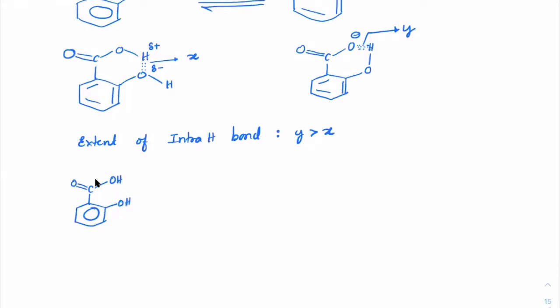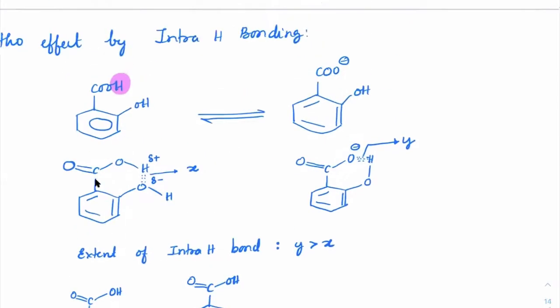So therefore, if you compare benzoic acid and salicylic acid, this is benzoic acid, and I'm comparing that with salicylic acid. First one is salicylic acid. Which one will be more acidic? The first one will be more acidic, because after removal of H plus, it would get immense stability due to intra-hydrogen bonding. And this intra-hydrogen bonding, which is coming in the conjugate base, would be more stable. Is the point clear, everybody? Just make a note of it.